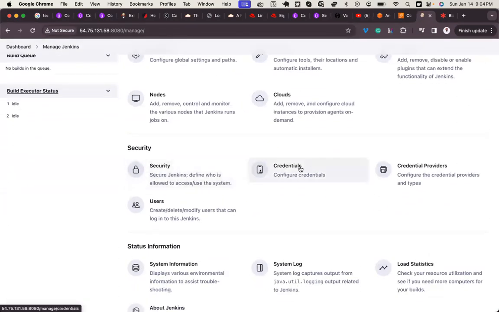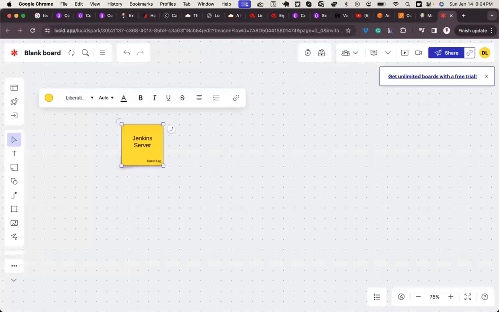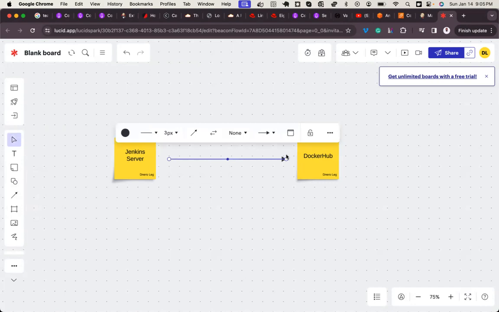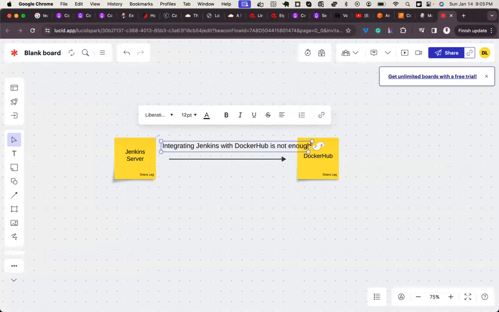Now that was security. Now credentials. To perform any form of integration, Jenkins always accepts authentication via certain credentials. Now let's say for instance, I have a Jenkins server, then somewhere here I have my registry, Docker Hub. Now, integrating Jenkins with Docker Hub is not enough if